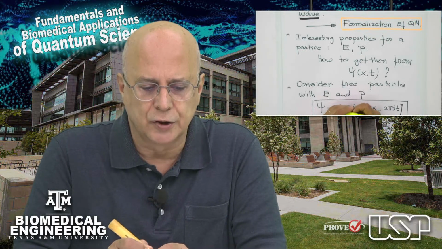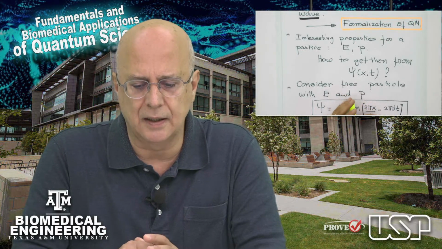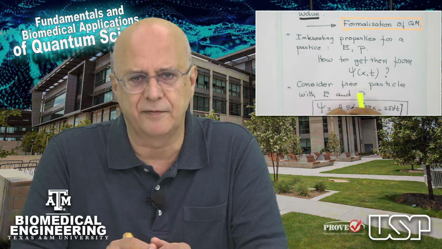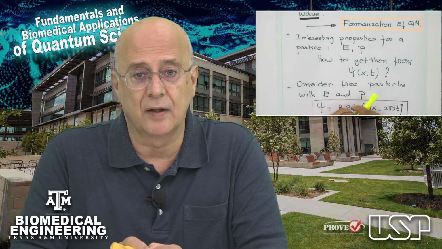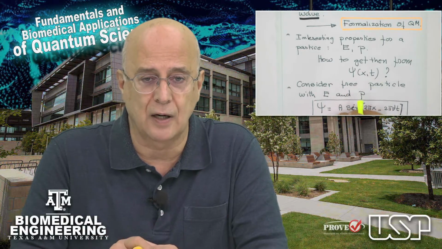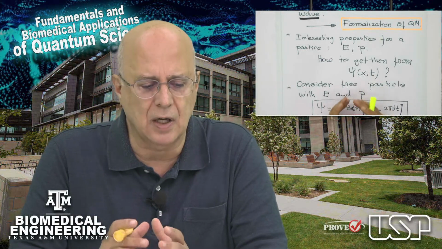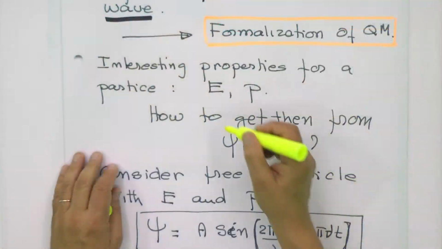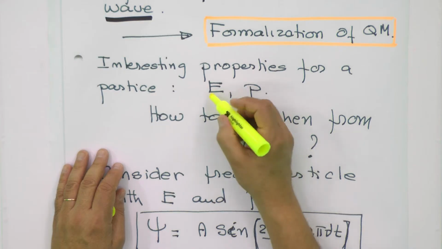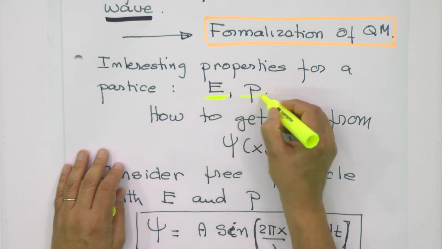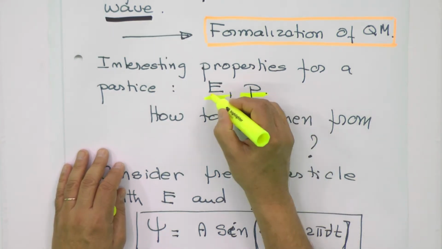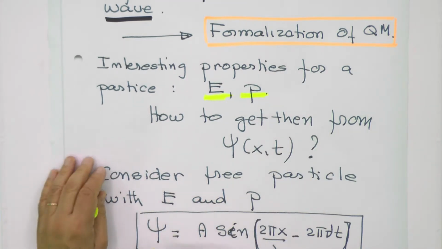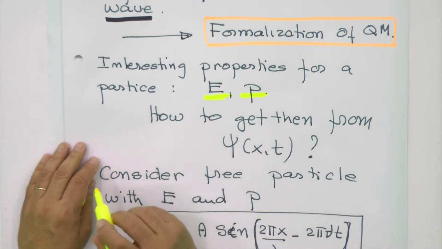Okay, so let's start, because what we have now is a massive particle. And even though the theory we're going to do works for light as well, let's start with a particle. And as we know, when we're dealing with a particle, we normally refer to the energy and momentum. These are the two important things of the particle. And from there, we want to know how to get